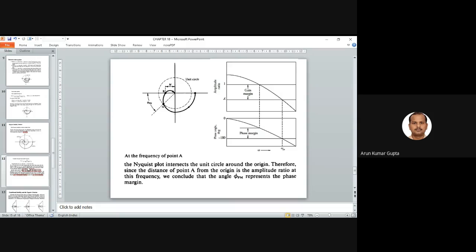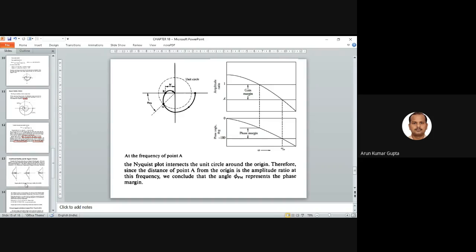So the Nyquist plot is very helpful for doing the stability analysis. Why is the Nyquist plot mostly used? Because it is very easy to plot, and it will give you a very quick result, right? And all the information we can get in a single plot. So this way it is most popular.